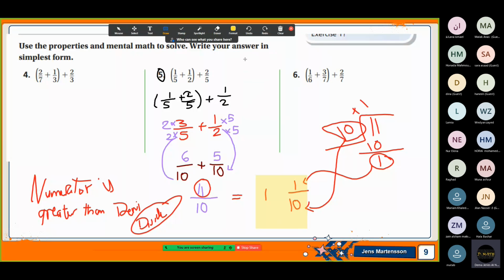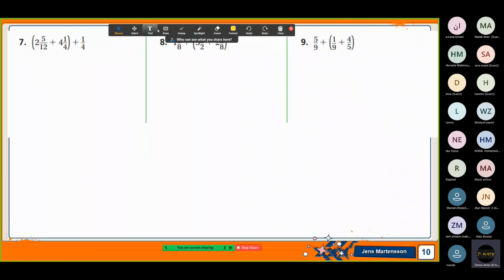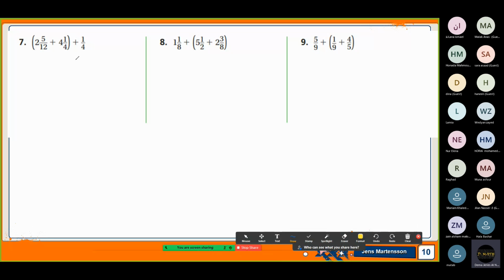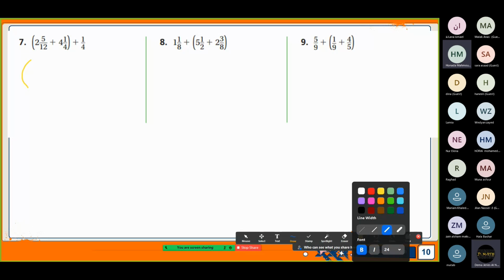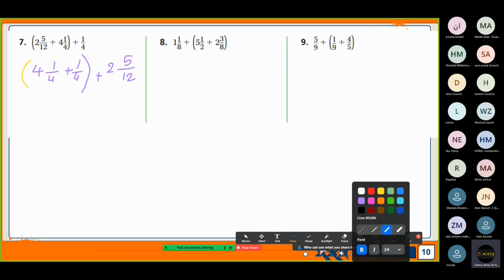Now, number 7. Number 7 here, Gunada. How do you write the fractions? Right, we write it in parentheses: 4 1/4 plus 1/4, and out 2 and 5/12. Yes. Now then,